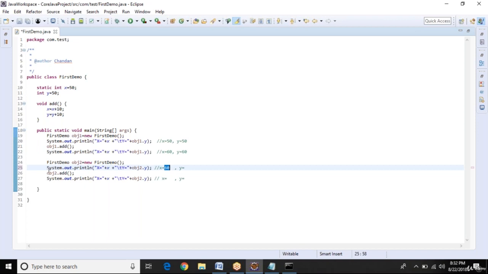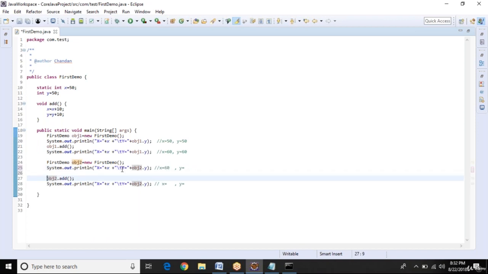Now because we have not called the add method yet, what will be the value? Last value, and now we have called object 2.y. So what will we get here? Can anyone tell me what will be the value of y here?